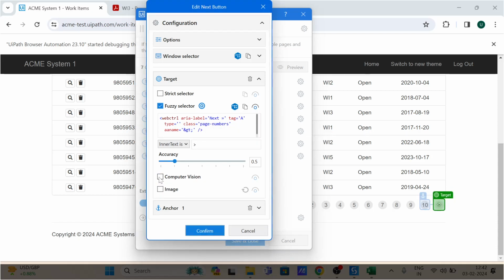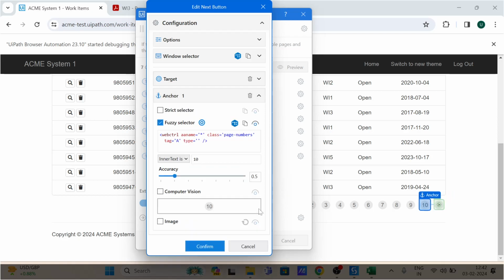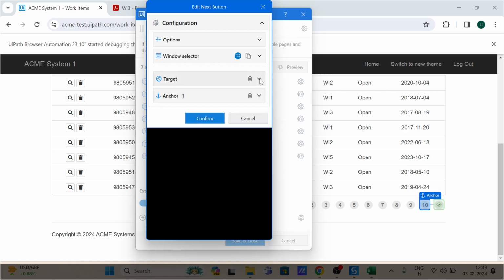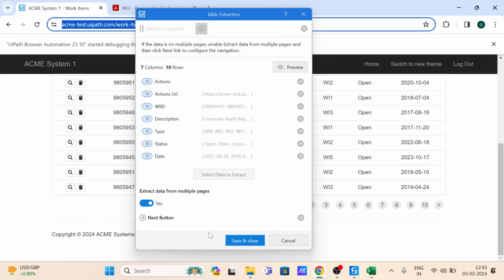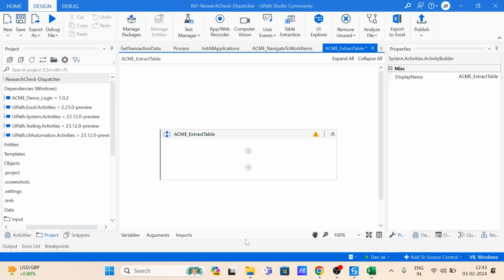Computer vision, so we'll be using only the fuzzy selector here. ठीक है, विल नॉट बी यूजिंग द इमेज एज वेल, क्योंकि इमेज में 10 लिखा है, राइट? कंप्यूटर विजन यहाँ पे 10 लिखा है, विल बी ओनली यूजिंग द फज़ी सेलेक्टर ओनली फॉर दिस पार्ट, ठीक है? एंड अगर उसमें दिक्कत आती, वी कैन यूज द स्ट्रिक्ट सेलेक्टर, लेट्स टेस्ट इट। ओके, कंफर्म, सेव एंड क्लोज।